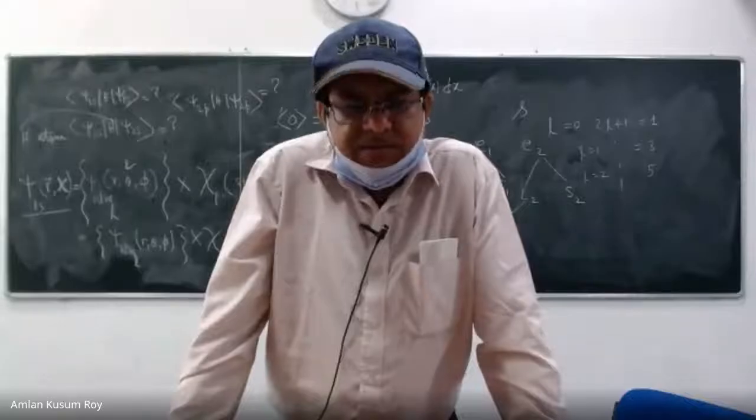Sir, in this integration, we have psi star 1s, H, psi 1s integration. So H psi 1s will be E psi 1s. And so the E will go outside, so it will be E times the integral of psi star 1s psi 1s, which will be 1 because we know that these two functions are normalized. So the answer will be the energy value of that particular state, that n equal to 1 state.